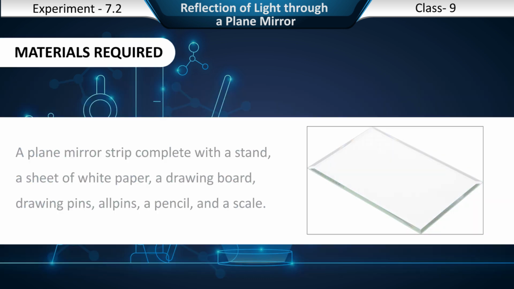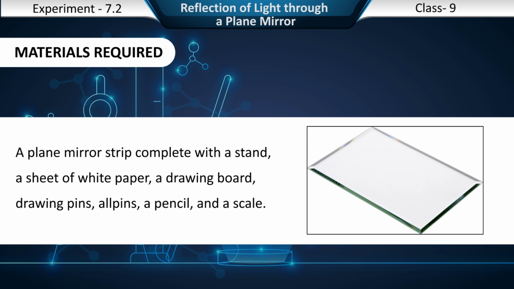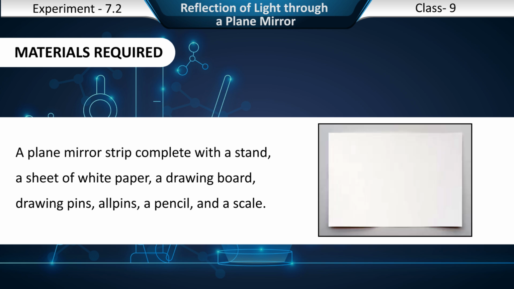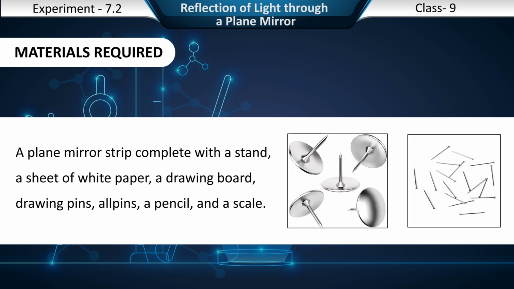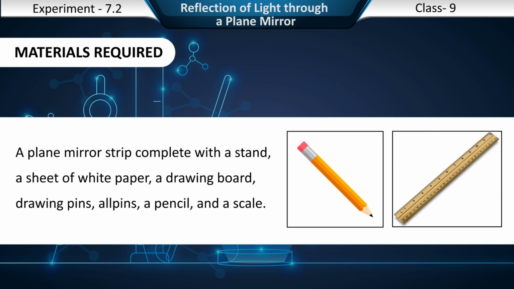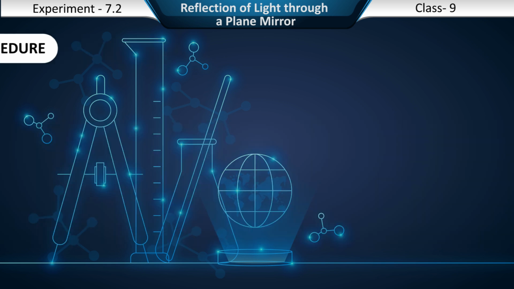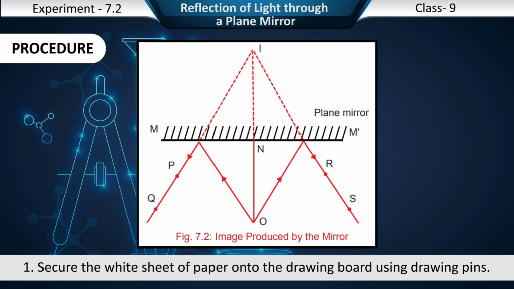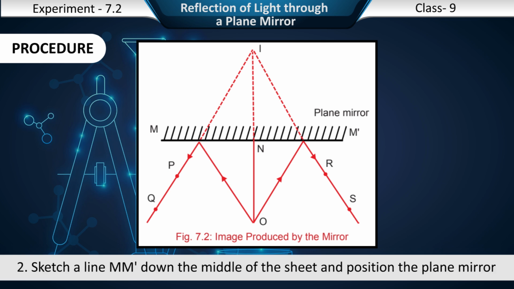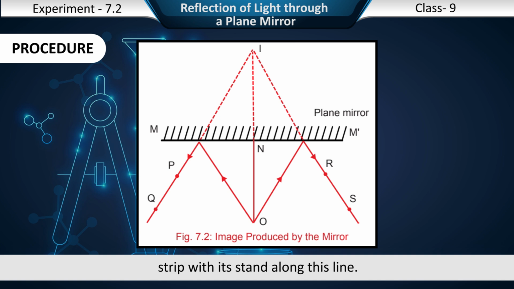Materials required. A plane mirror strip complete with a stand, a sheet of white paper, a drawing board, drawing pins, awl pins, a pencil, and a scale. Procedure. 1. Secure the white sheet of paper onto the drawing board using drawing pins. 2. Sketch a line down the middle of the sheet and position the plane mirror strip with its stand along